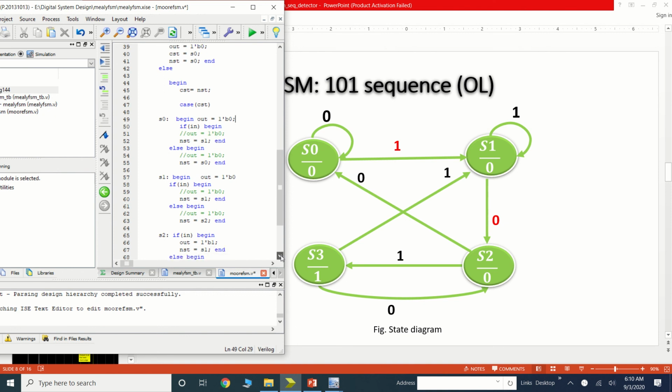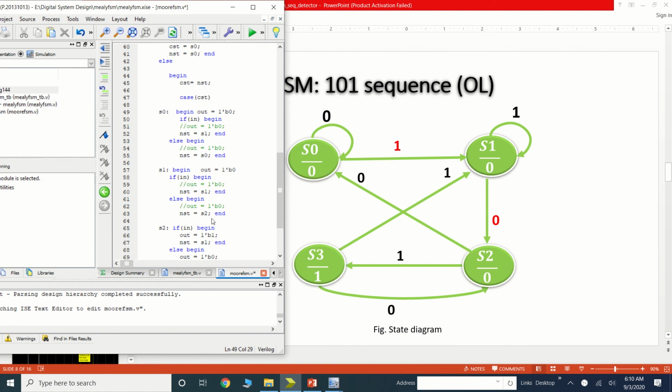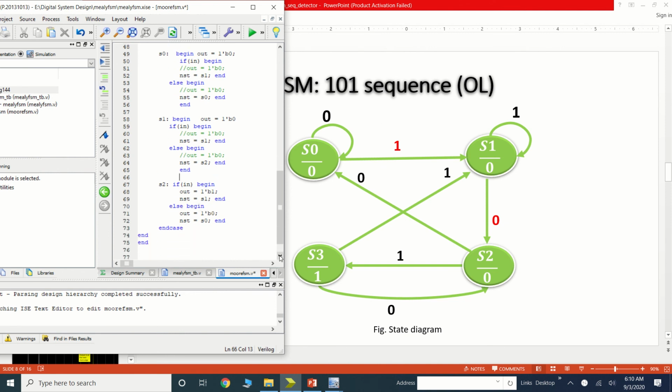Then, okay, here I need to add this begin. Again I need to add this begin. In the S2 state, again my output is 0, 1 dash V0.